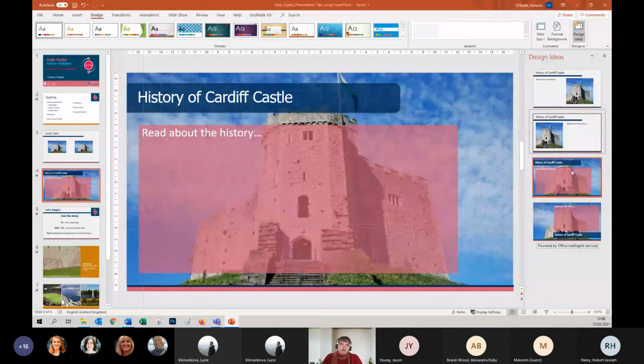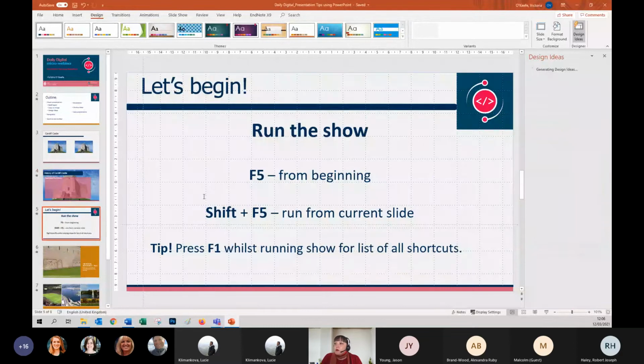So design ideas can be very, very useful as well. Now I've perfected my presentation and I've practiced it. So what I can do now is run the show. Now I can either run from the very beginning, I can go up to the slideshow and all the options are here,